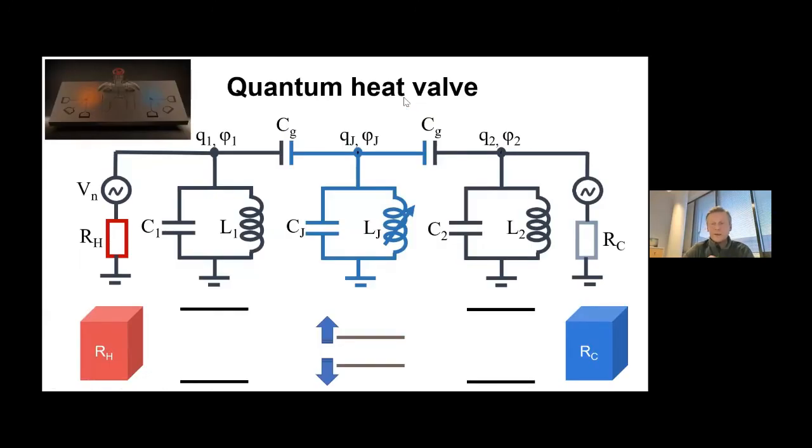And in this experiment, the simplest picture is naturally, as already kind of clear from the earlier thing, that when you tune the inductance, or let's say the qubit here, the level spacing of the qubit is changing. At the moment when this separation or energy of the qubit becomes equal to the two resonators, which in this experiment are nominally equal, then you can have a path for photons to travel from one end to the other due to this resonance condition,